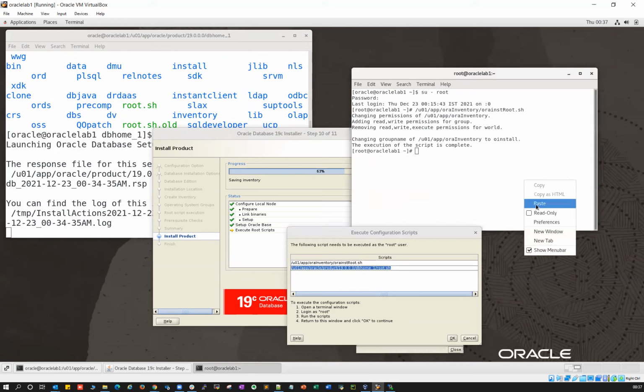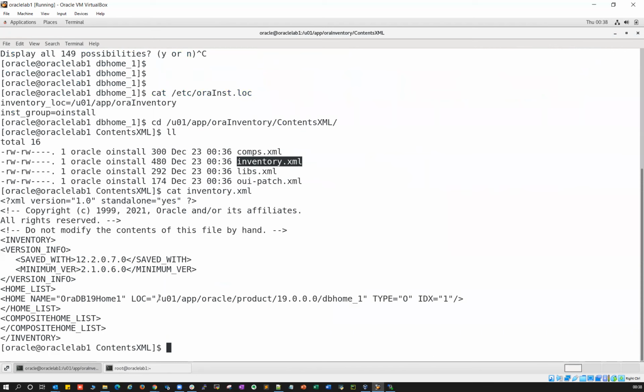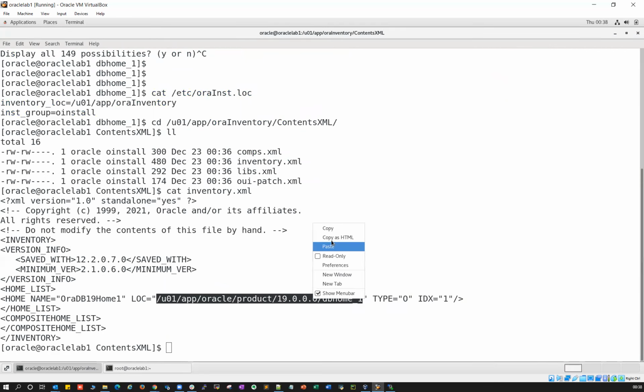Copy it and go inside that. Inside there's ContentsXML, and inside that there's inventory.xml. Cat inventory.xml, and you can see that your Oracle Home is registered here. That indicates your Oracle Home installation is successful.